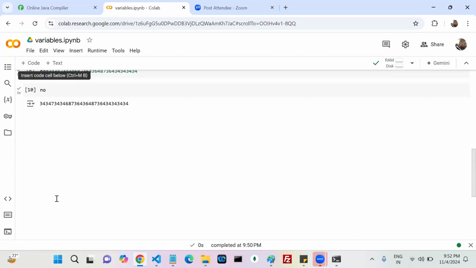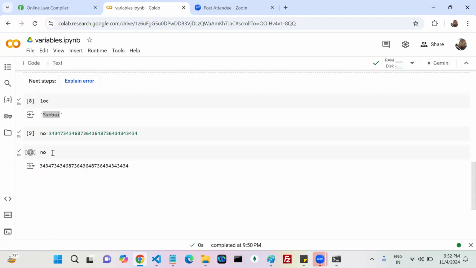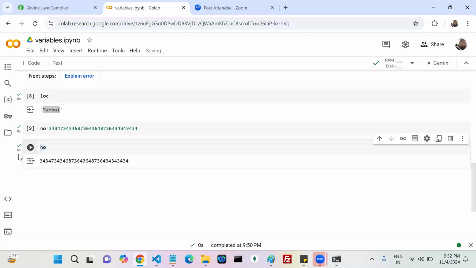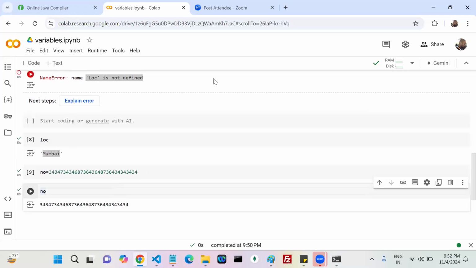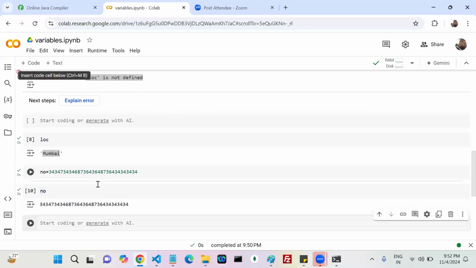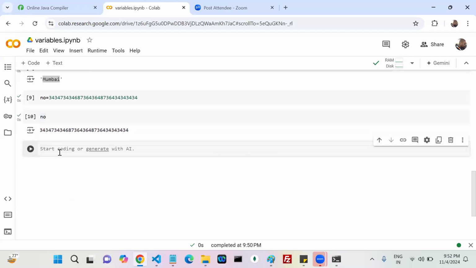Let me go to the code. Okay, here I added this. Now I'm going to write: full name equals Sachin Ramesh Tendulkar. Is it valid or invalid? Full name equals Sachin Ramesh Tendulkar. Now, if you click on this one, now see,